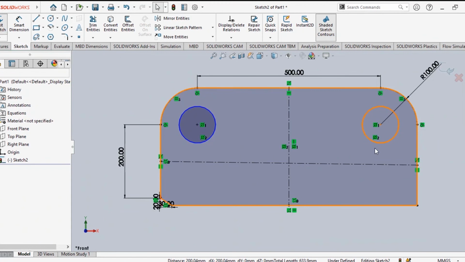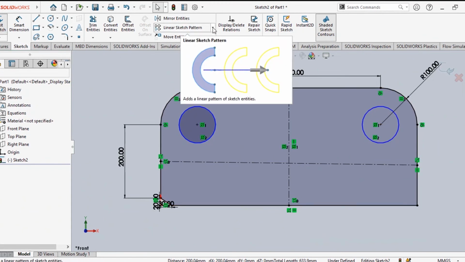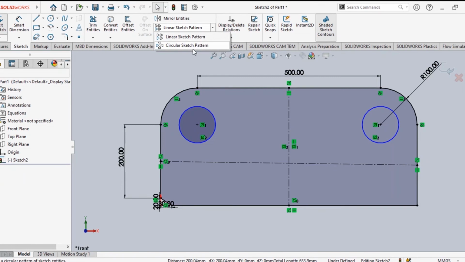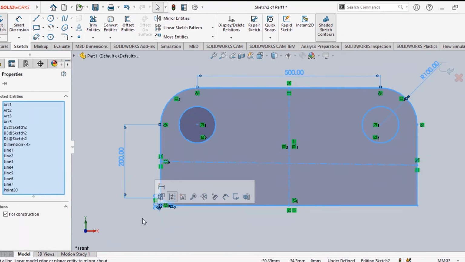Next one I'll show you something else, very important. That is pattern. Pattern is very, very important. You have two different types of pattern. This is known as circular pattern and linear pattern. Very, very important in your drawing. Similar things can be done with multiple numbers. That is your sketch pattern. Okay, let us do that one. So we'll cut this part. We don't want these things. Suppose we want to cut these things, so select these things and simply delete.